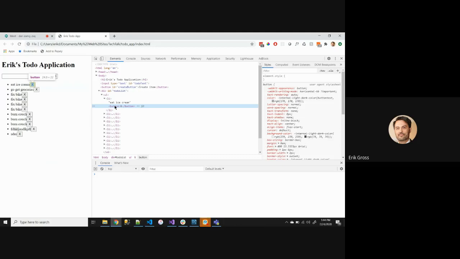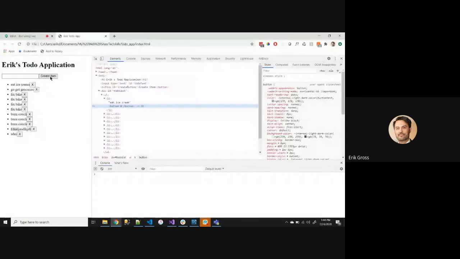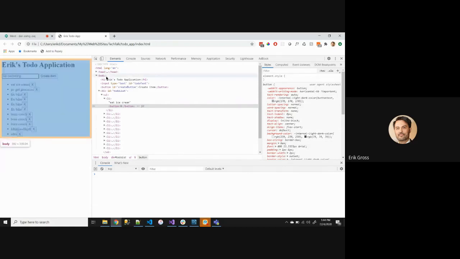Well, I need to be able to click on a button and have something happen. So let's look at the logic when we had a click event before. Right here on line 43, we created a click event. It worked really well. It was for this create item button. And I can use it right now and show you. Let's go swimming. That's a task I want to have, right? And if I click on create item,